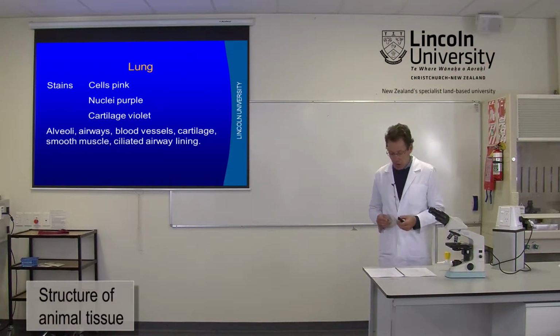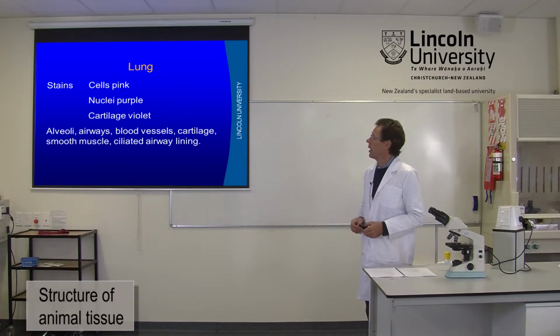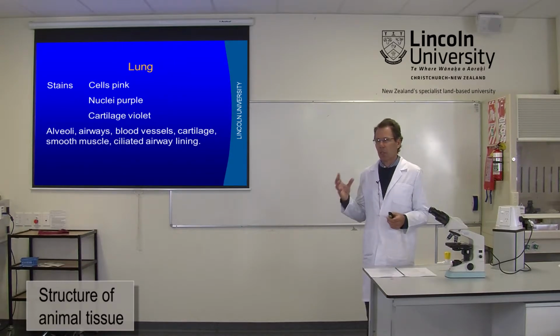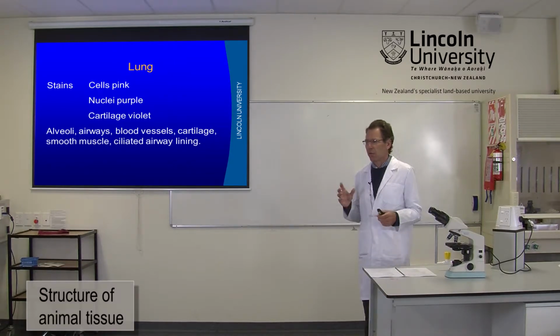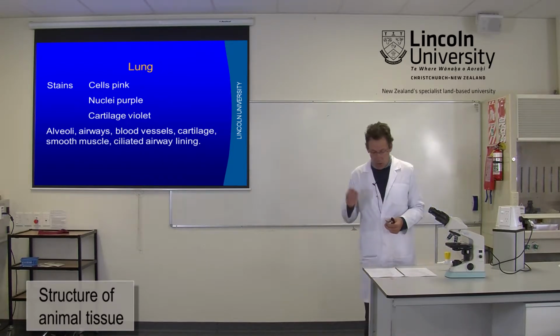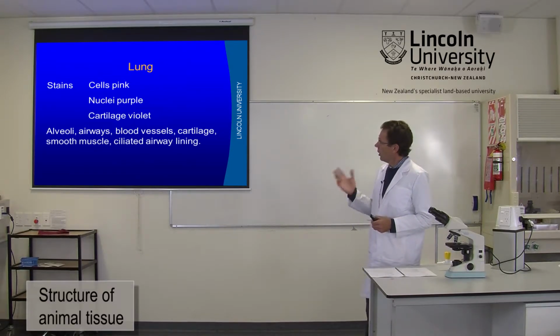Right, so this next slide is a piece of sheep's lung. So much more complicated organ, got quite a bit going on here. When you've seen the structure, the function may be a little easier to understand. So the stains that are used on this particular section to give it the colours are the two that we've